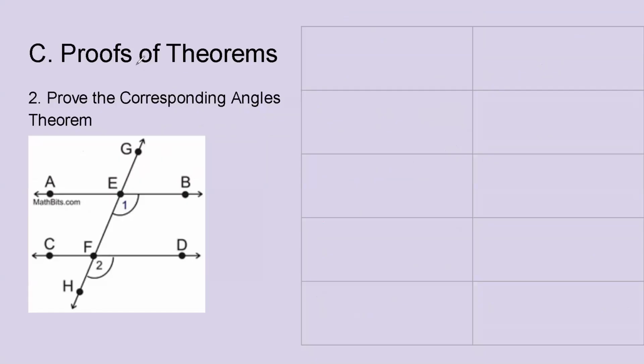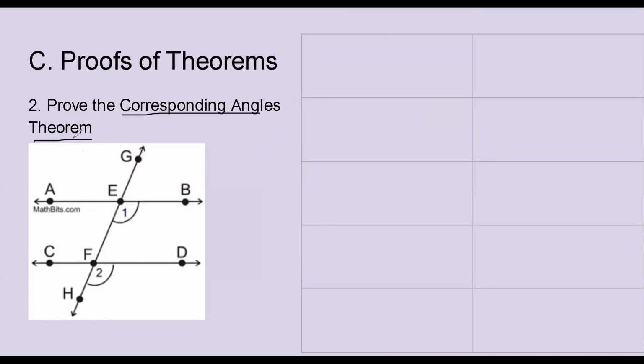All right, let's prove one more geometric theorem. We want to prove the corresponding angles theorem. So again, the first thing that you might have to ask yourself is, what is the corresponding angles theorem? The corresponding angles theorem is actually technically two-directional. We're only going to prove one direction of it, that if